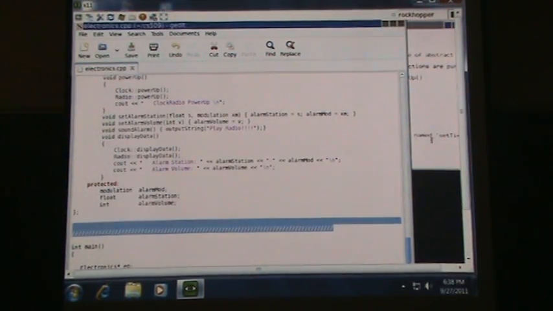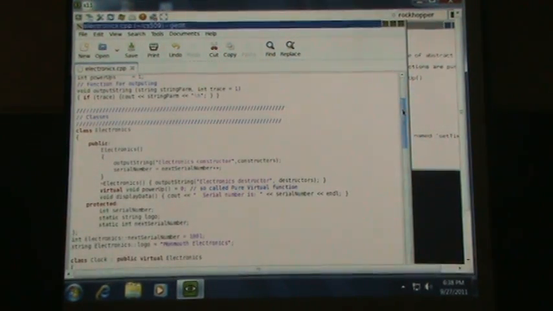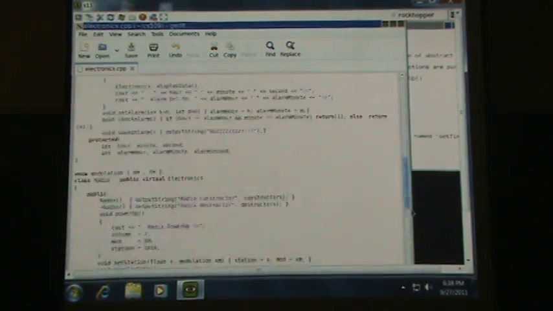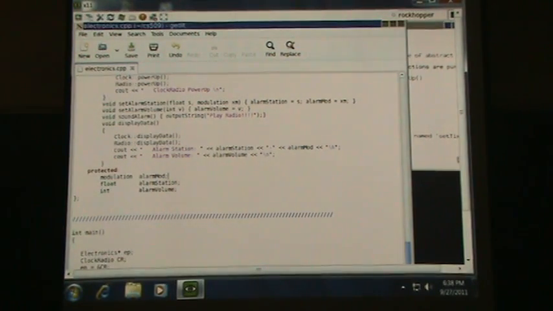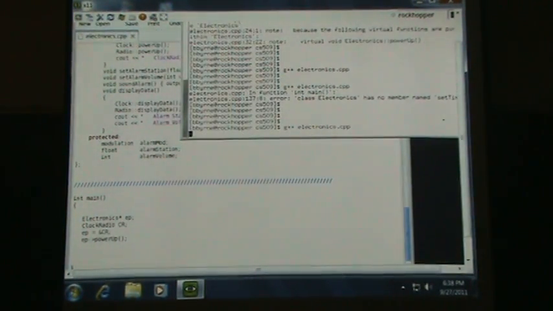So if it wasn't virtual, it would run the base class. Oh, but it's actually pure virtual. It's virtual and equals 0, meaning you're forced to rewrite it. So it has no choice, it'll run the clock radio's. Okay, and this goes, power up, clock radio's power up,